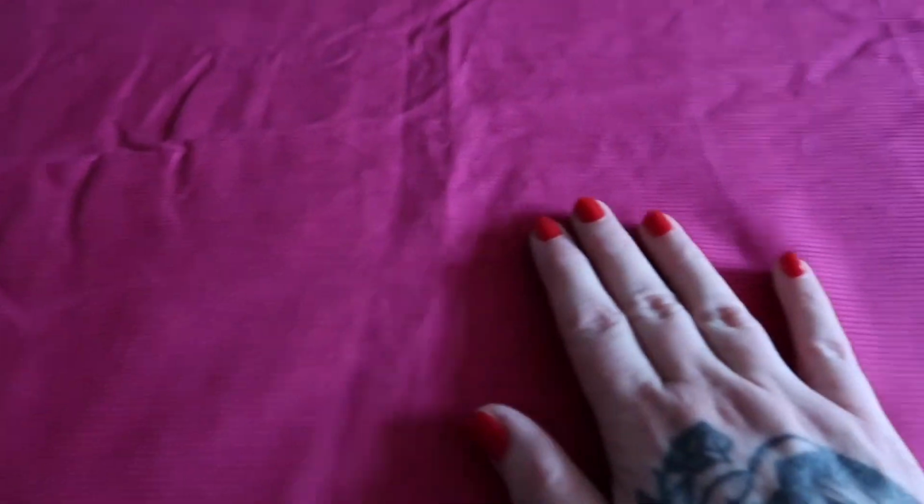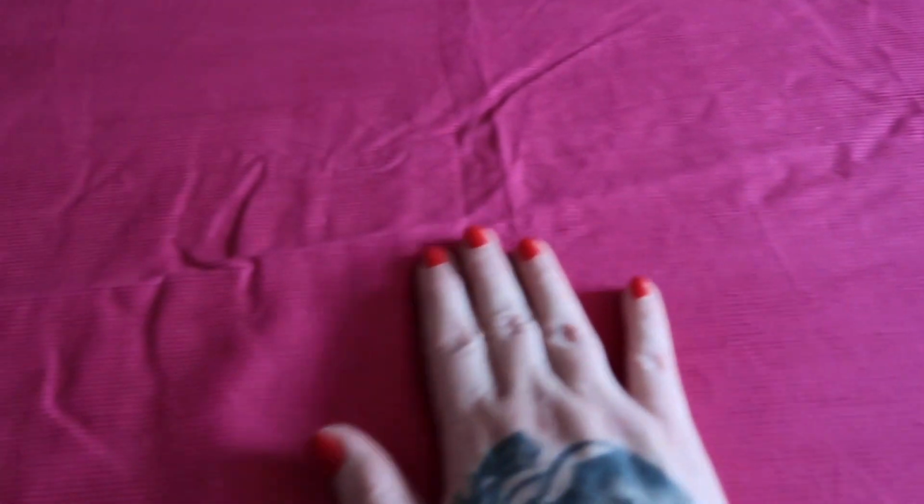A couple of little tips for you when using corduroy, and actually these work for velvet or any other fabric with a pile. I find corduroy to be a bit more forgiving, but if you run your hand on it, there is a right way and a wrong way. I don't really listen to that. But what you should do is think of